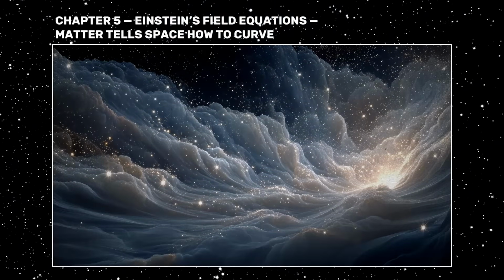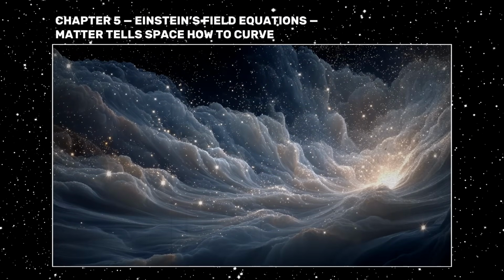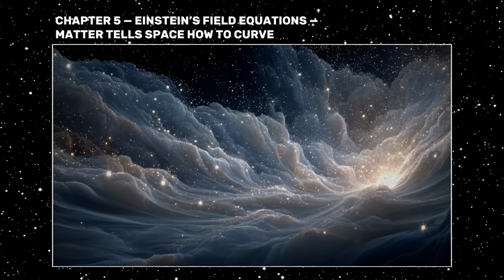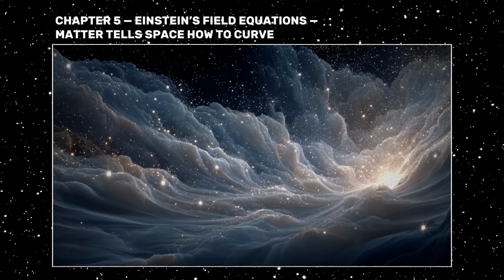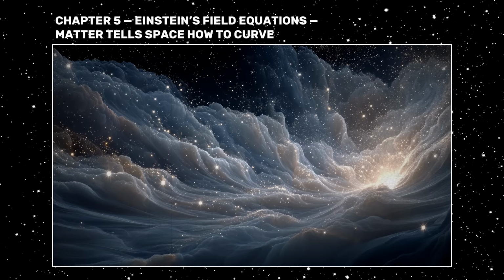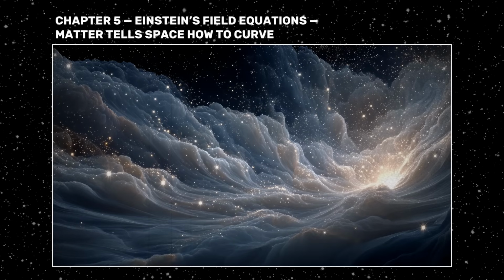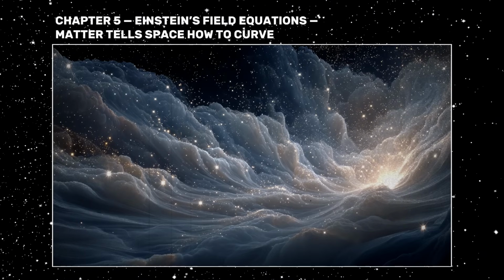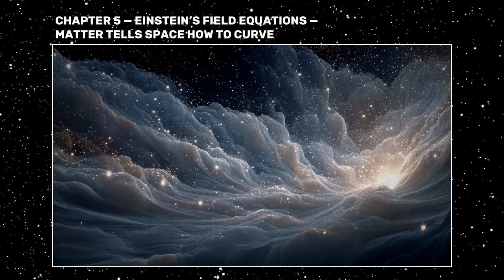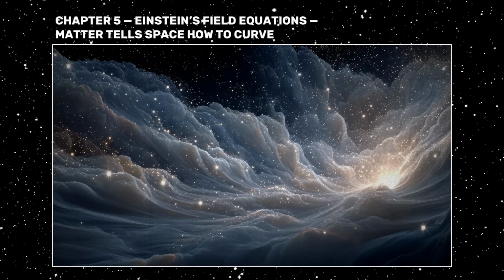Chapter 5. Einstein's field equations. Matter tells space how to curve. By the autumn of 1915, Albert Einstein stood on the brink of completing one of the greatest intellectual achievements in human history. He had spent years searching for a theory that would unite his insight from special relativity with a